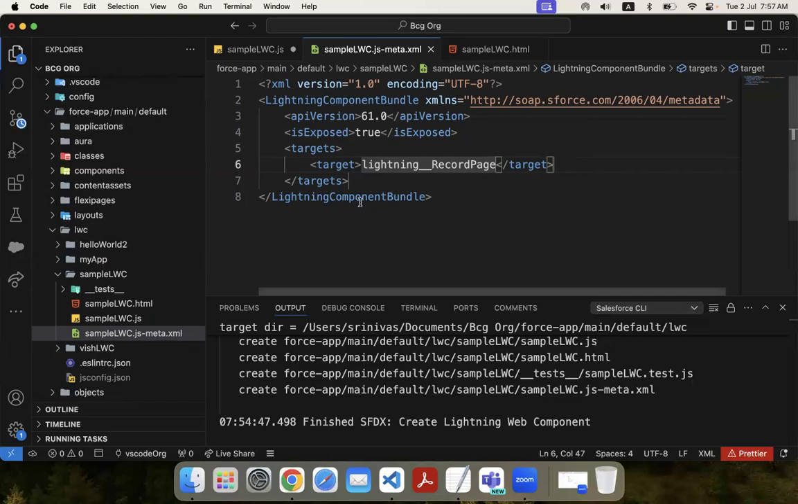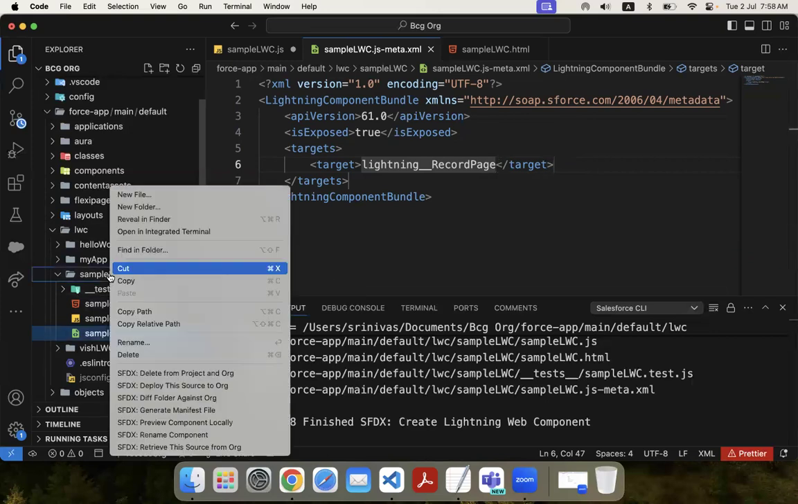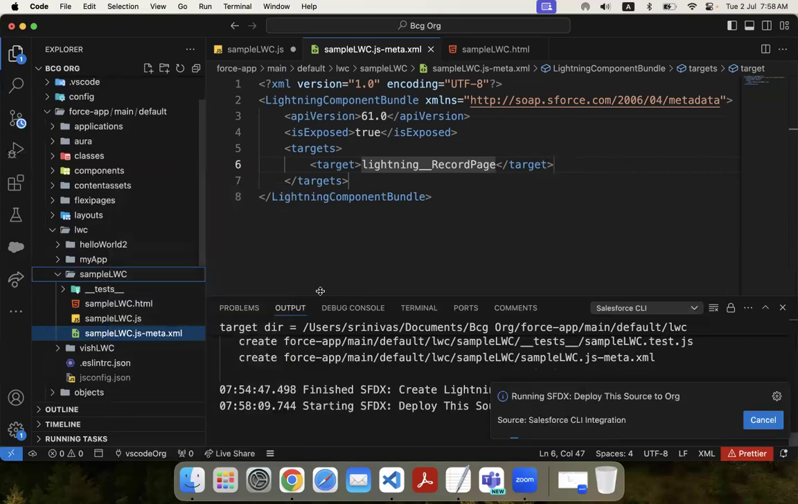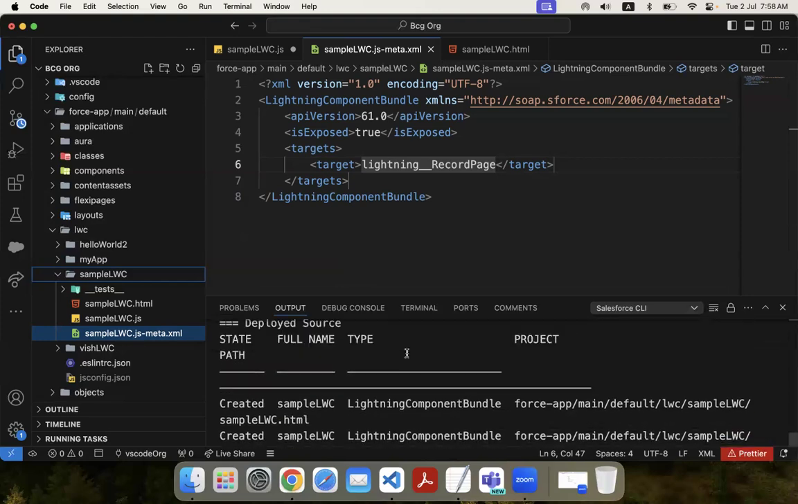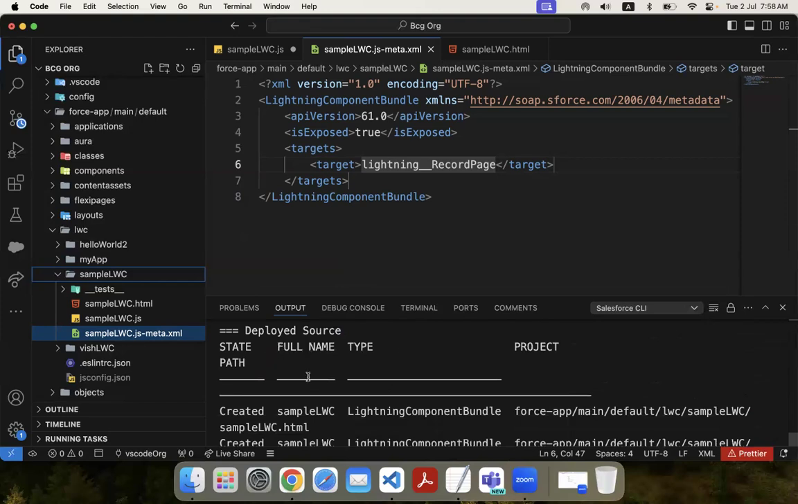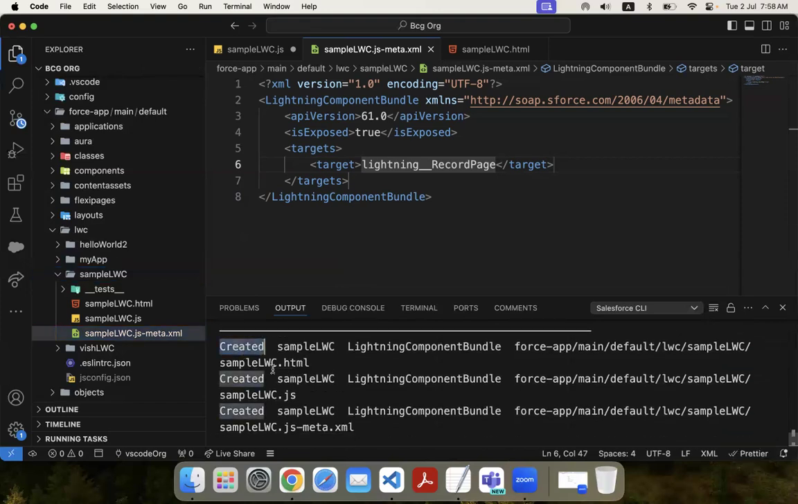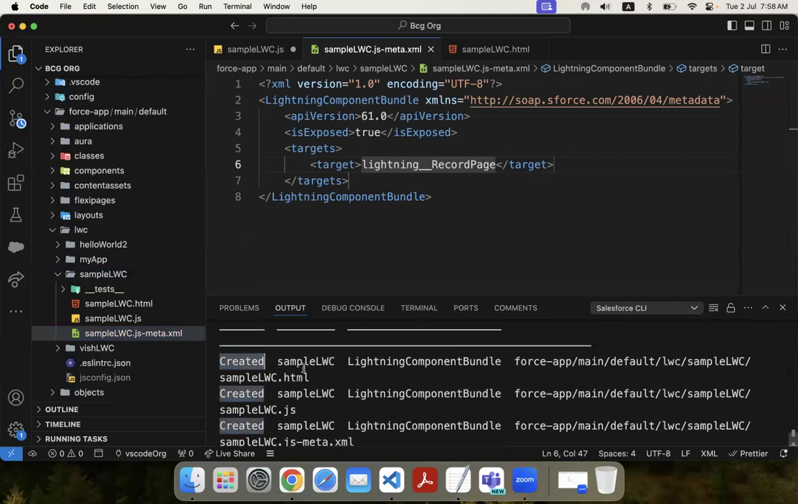So the component is ready now to get deployed. To deploy, right click on the component folder, deploy this to org. Okay, deployment successful. As part of deployment, what happened? See, deployed source. The deployed action created what? As part of the sample LWC folder,